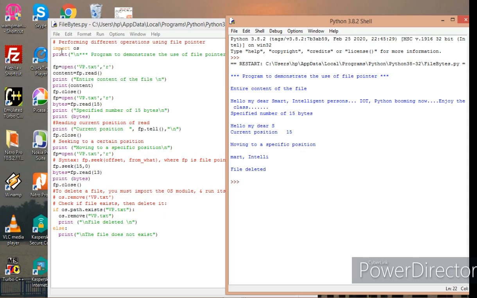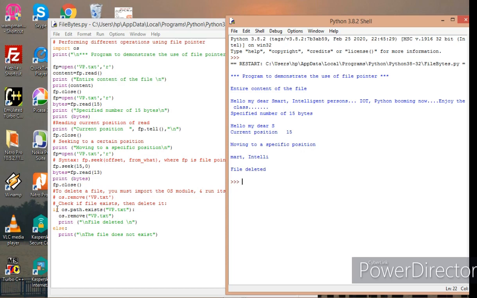For that I have to import os, so I write import os so that I can use the remove method. I can straight away use os.remove('vp.txt'), but I have commented it now. That means vp.txt will be straight away removed, but this vp.txt should be in the same path.